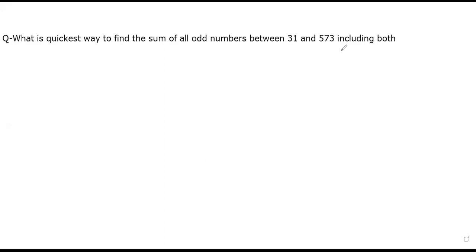From the pattern of odd numbers, one thing you can notice is that if I add the first two positive odd numbers, 1 plus 3, you will get 4, which is 2 square. Here 2 is the total number of terms in this series. So how can you find the total number of terms in this series? The total number of terms will be (last term plus 1) divided by 2, which is 2. And the summation for this series will be the square of the total number of terms.